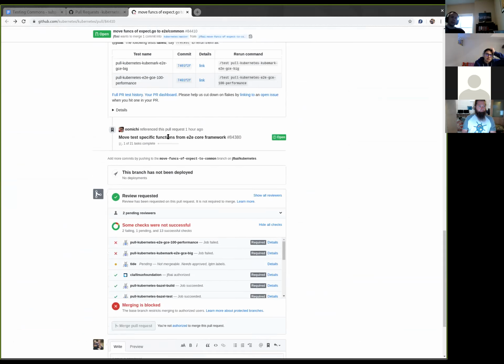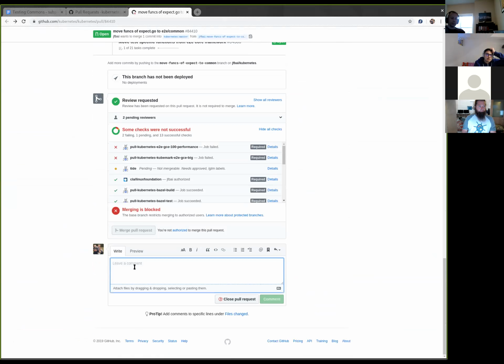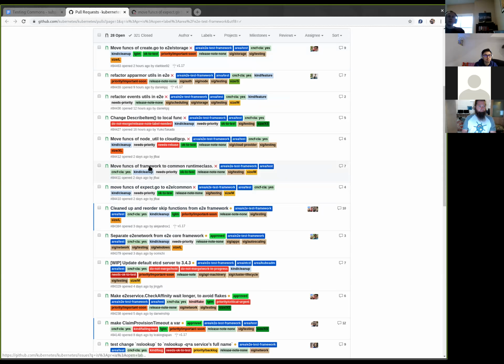I will. I don't have to think about what I want to say here. I'll skip it. Move function of framework to common runtime class.